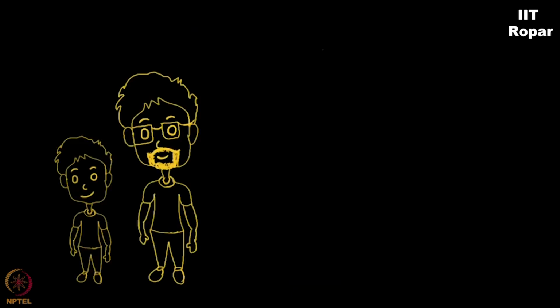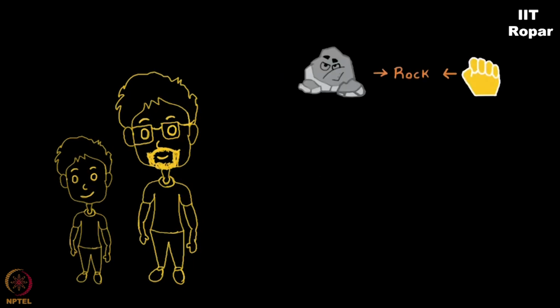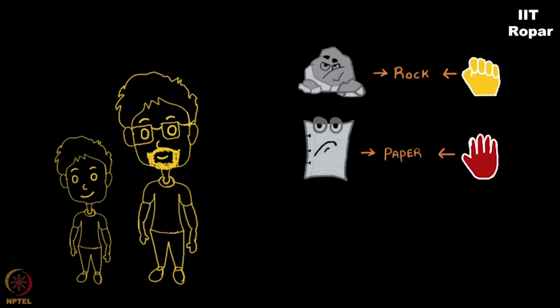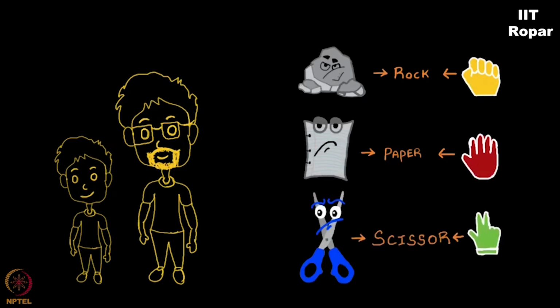2 people randomly choose an item and they choose one of the 3 items, rock, paper, or scissor. The moment they choose it, they declare it by showing the symbol. A closed fist denotes a rock, a palm for a paper, and a V symbol for scissors. Once they pick, they both decide which item is more powerful than the other and declare who wins.